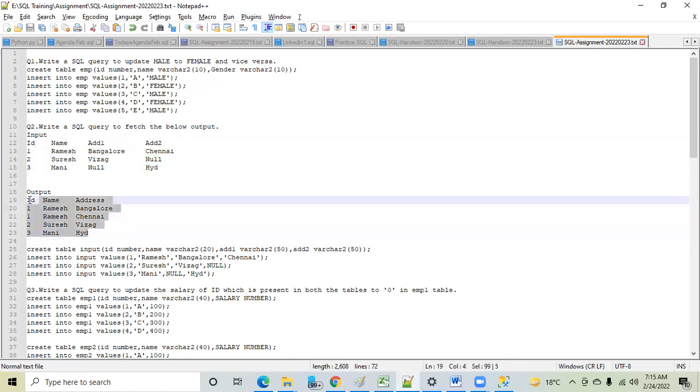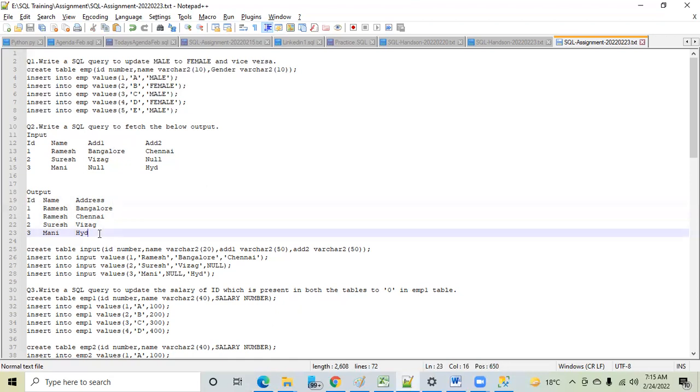You understood the logic? If both addresses are present, then create two separate records. If any one address is present, create one record and mention that address 1 or address 2 as your permanent address. Is the logic clear? Can anyone tell me yes or no? Or do you want me to repeat this? Yes. Oh, this is clear to everyone?